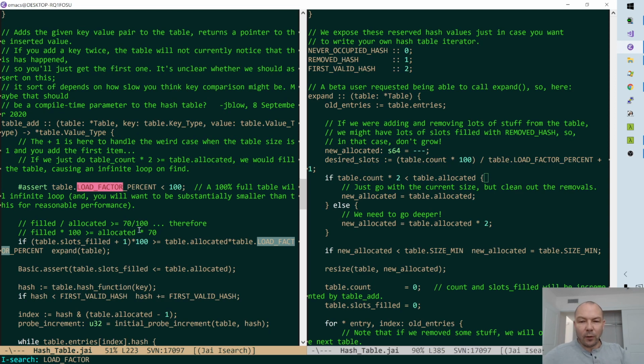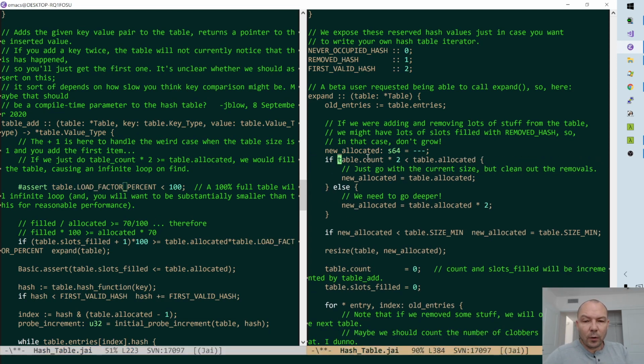It should really be the same code as this, I guess, but I don't know why we put the plus 1 here, because there's no divide, that's why. Let's just do this. Let's just say if table.count times 2